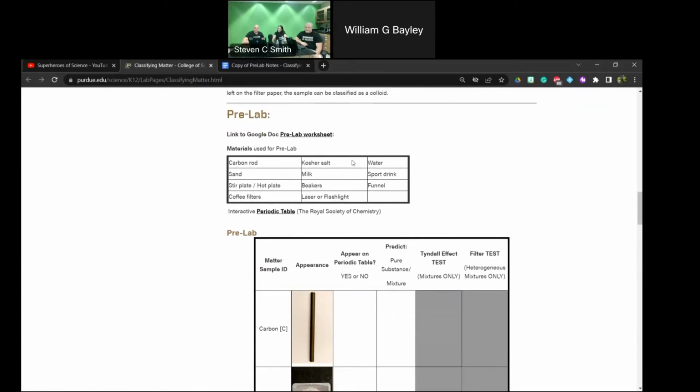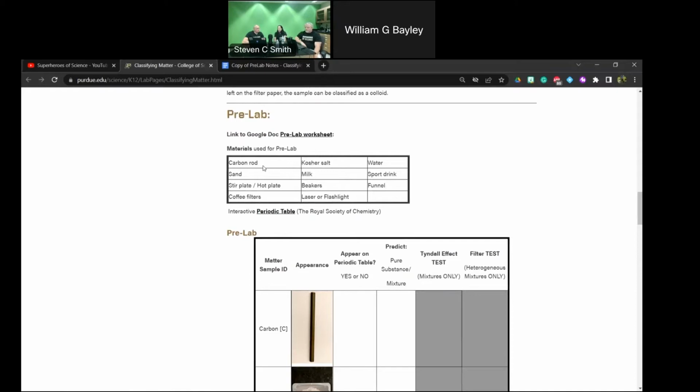These are the materials. These are just what we used. There are many other examples. I think this is the first time that I've done this using a carbon sample, which I thought was cool. We got some carbon rods. You could also use a piece of charcoal. I just didn't want to buy a huge bag of charcoal briquettes and then have a ton left over. So this is a little more manageable.